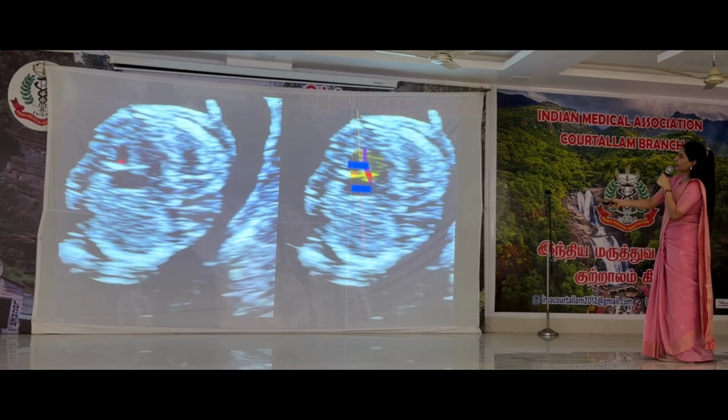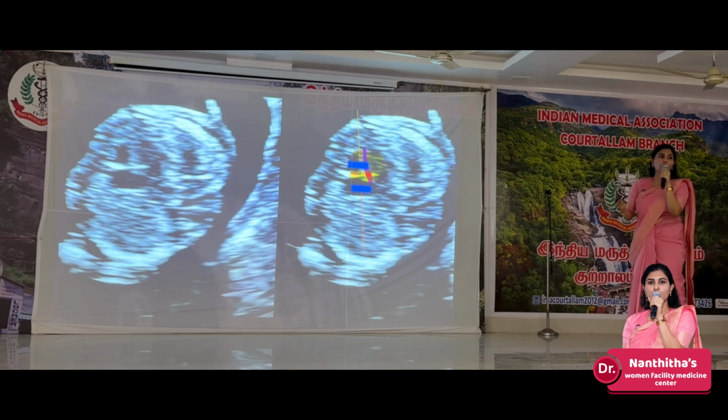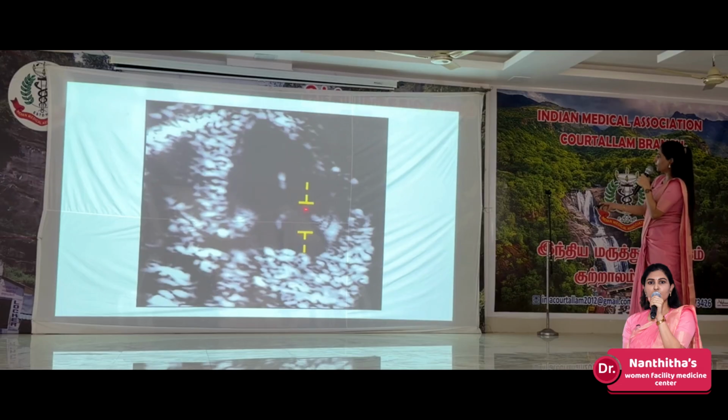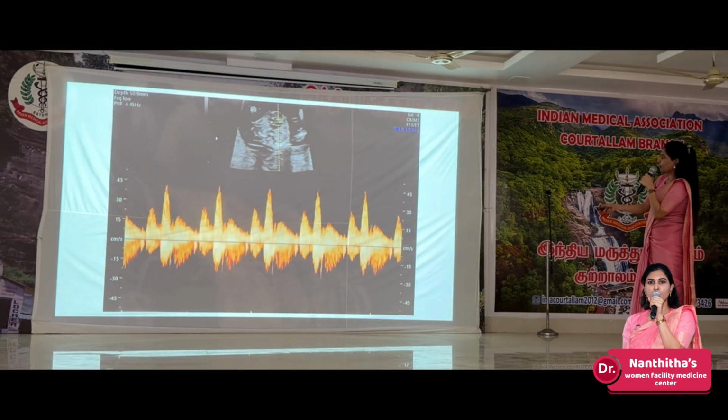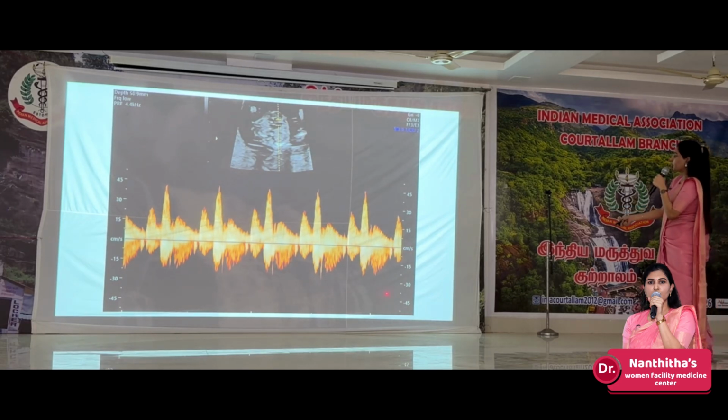So you are going to place the caliper over here and make sure that the sample size is larger, like 2 to 3 mm, so that it will include all 3 leaflets of the tricuspid valve. Then when you put on spectral Doppler, see, this is another beautiful image. You can see how nicely the caliper is placed in between the tricuspid valve. You will get a spectral wave pattern like this. So where do we expect the regurgitation? Over here. You have to look for the regurgitation along the systole,